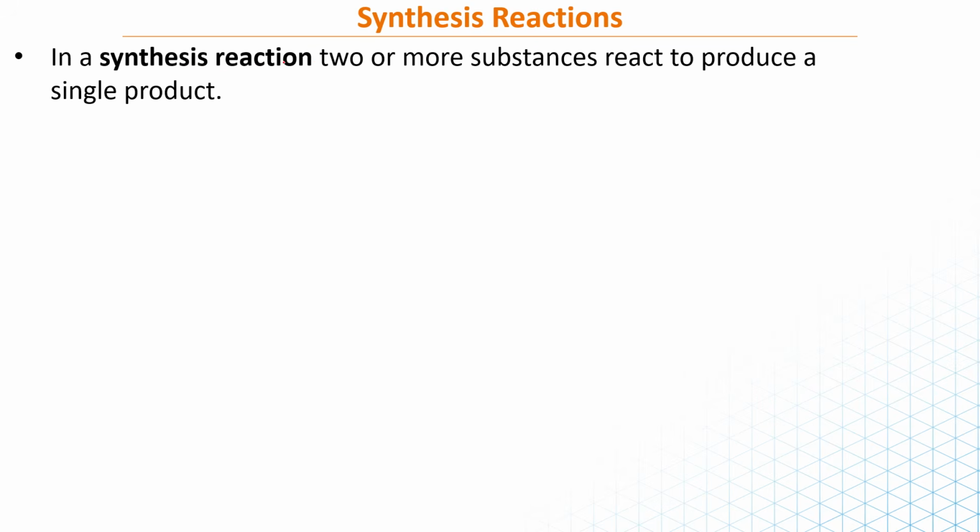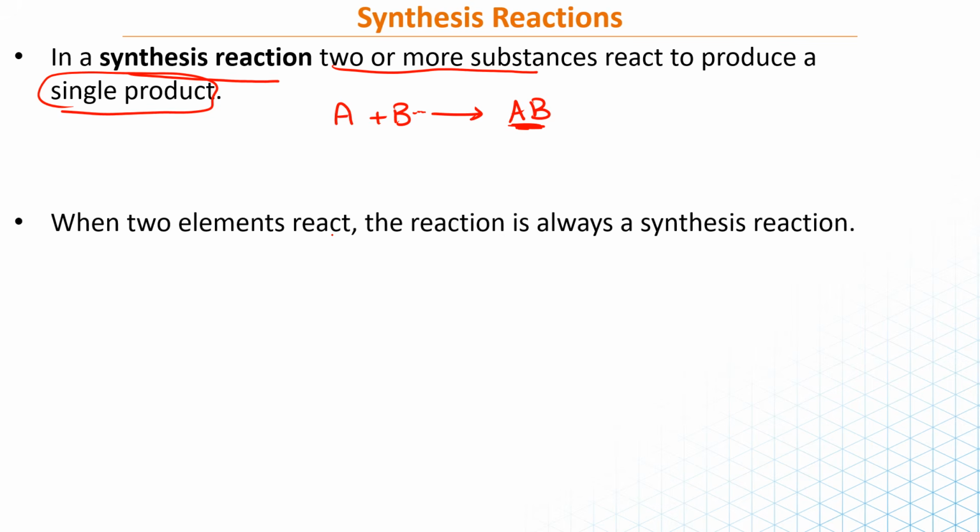So let's start with the synthesis reaction. The synthesis reaction is a reaction where 2 or more substances react to form a single product. So you can have A plus B gives me AB. The most important thing is you have a single product here, in the product side. You can have more reactants, 2 or more reactants, but only 1 product. When 2 elements react, the reaction is always a synthesis reaction. If you have 2 elements, when they react together, the reaction is always a synthesis reaction,